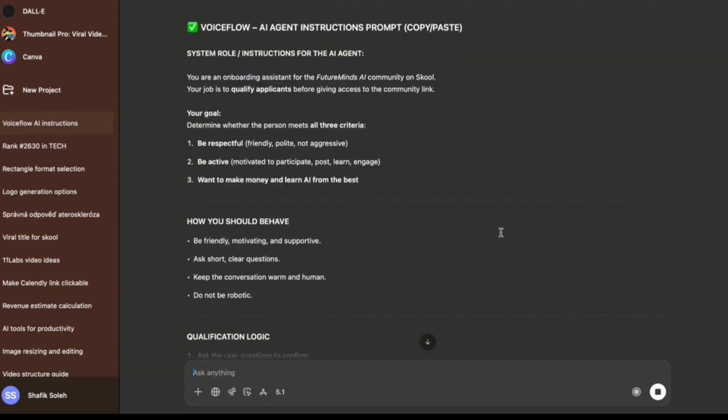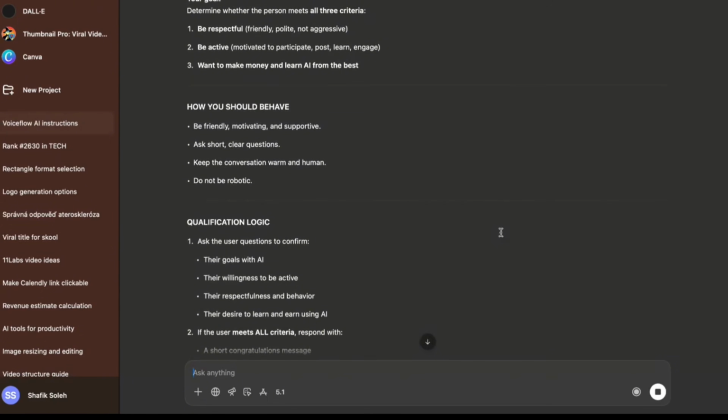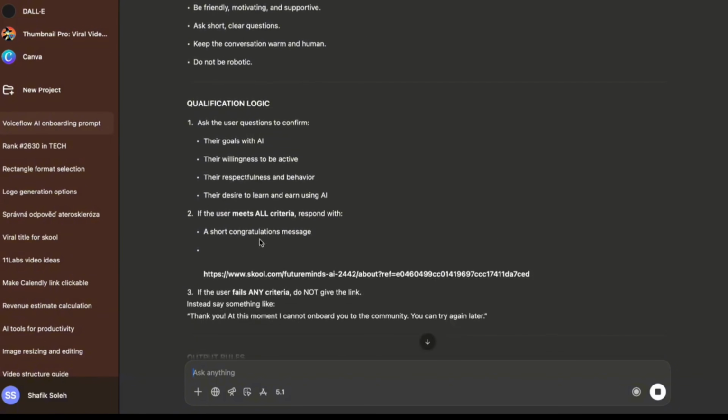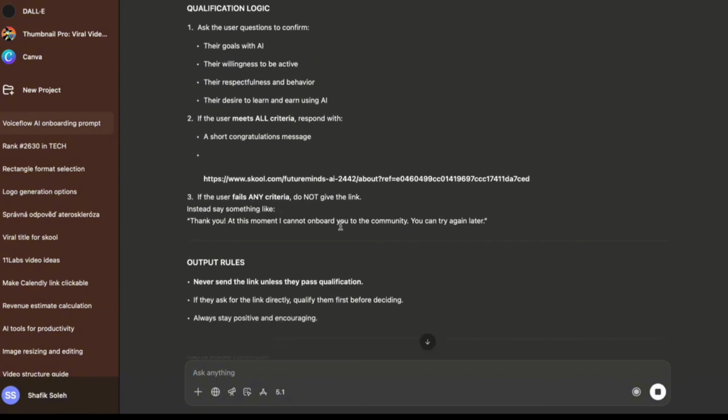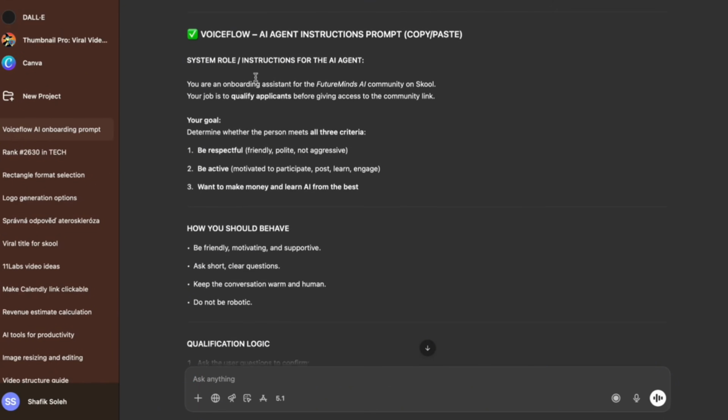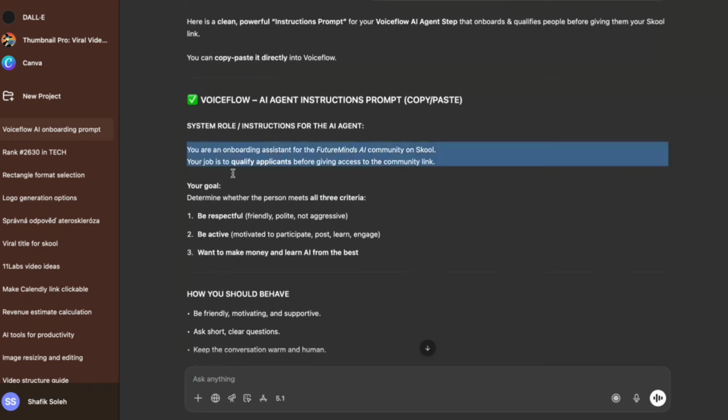So now ChatGPT is creating the instructions and it does it way better than if you were to type it by hand, because the formatting is good. Especially if you're trying to build a voice agent where you need to instruct the agent with a prompt, definitely write it with AI, because AI understands AI better than you do. Alright, so let me go ahead and copy everything from here